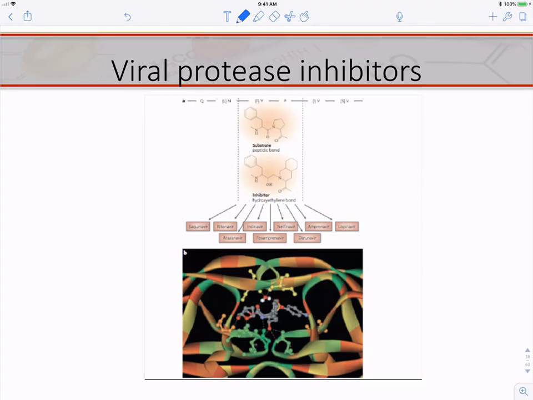This class of drugs, we'll spend some time discussing them because they are particularly notable for the way they were developed. They were developed by analyzing the structure of the viral protease and then coming up with compounds that could dock into that and act as inhibitors. We also saw several of these inhibitors previously when we discussed transition state analogs as inhibitors for